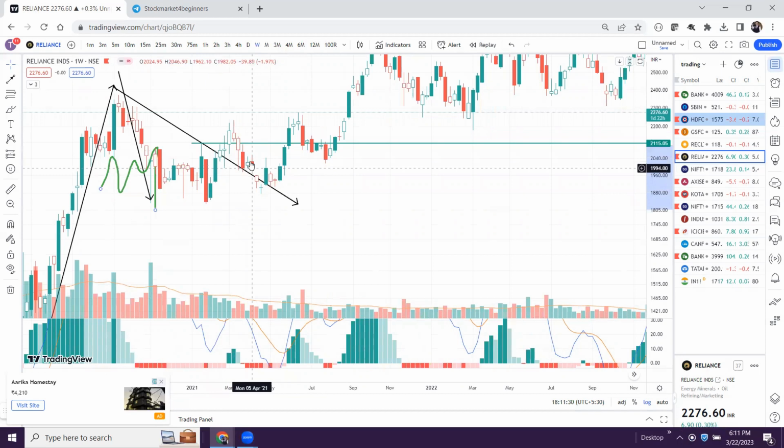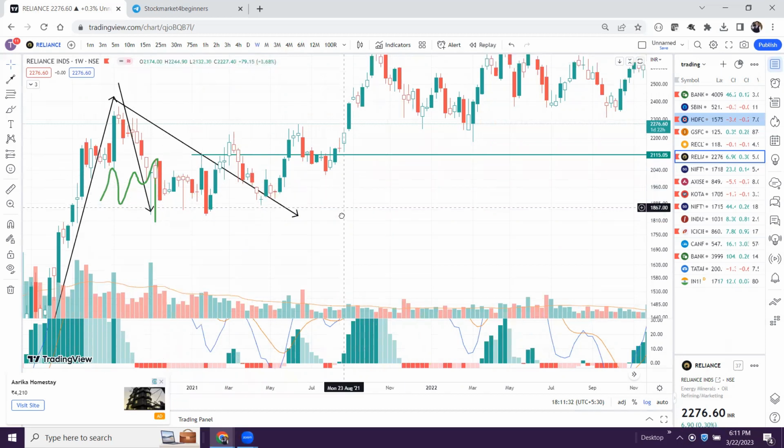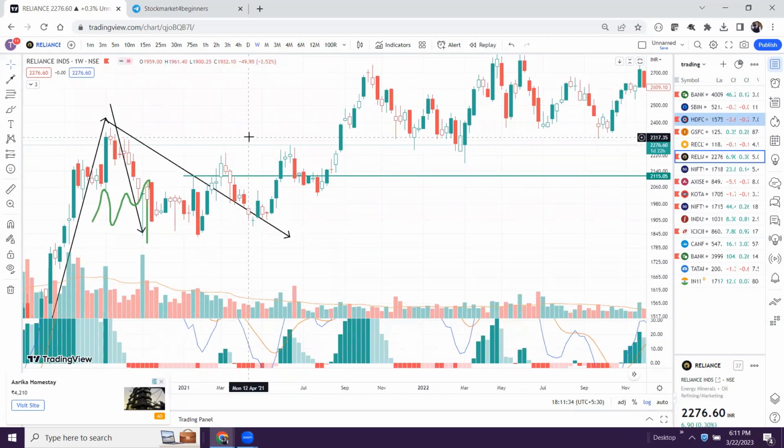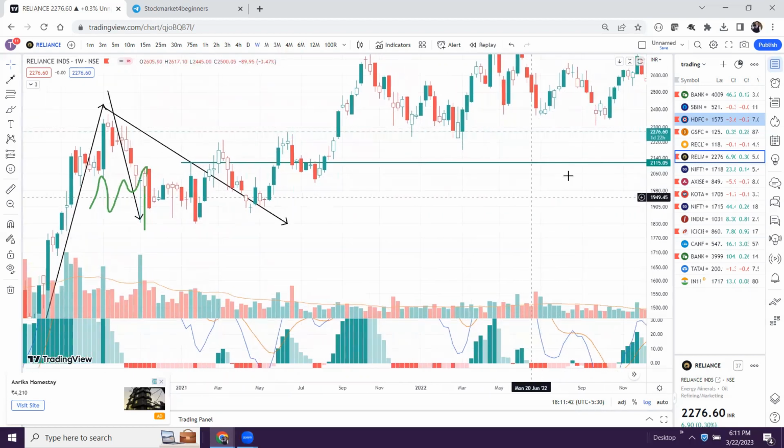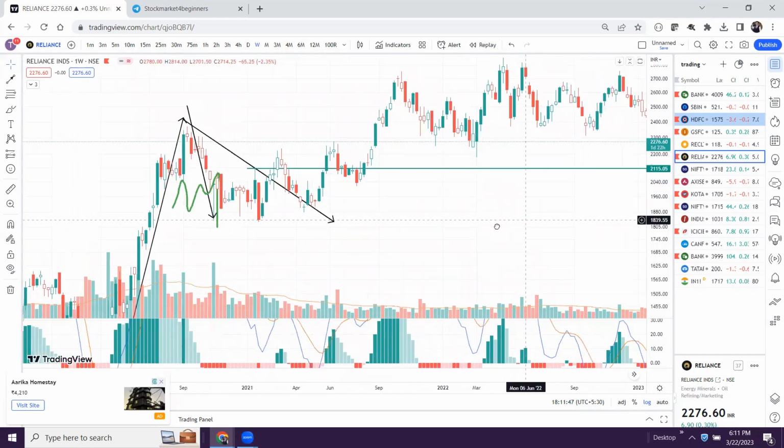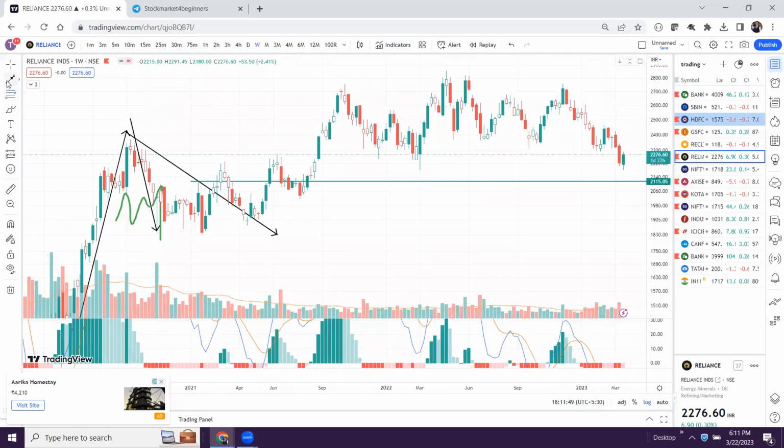So at this time it means the stock is making a bigger corrective structure and not an impulsive move, which means for this impulse we are now getting a corrective structure, and then one more impulse will come at a later stage. So now let us try to find this corrective structure. Now from this part, this was the first move to the upside, and this is the first impulse. After this, you can see this is the first corrective structure,